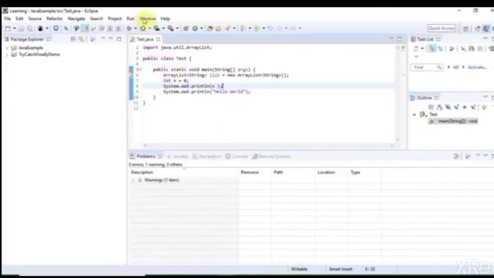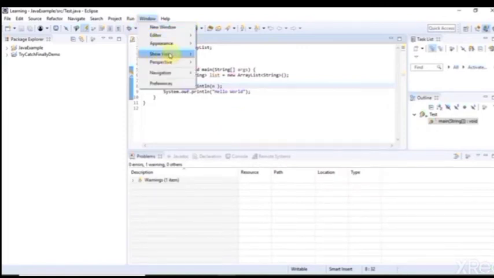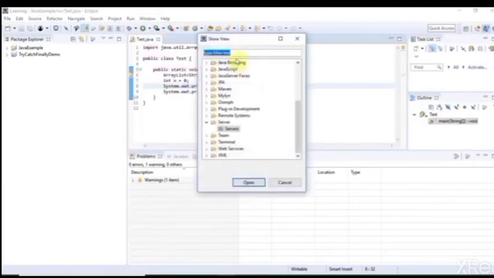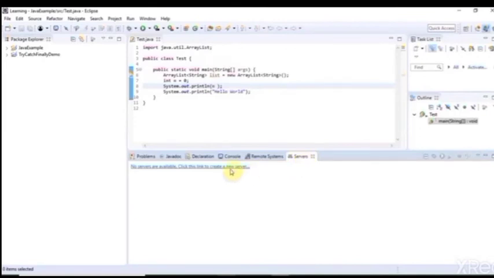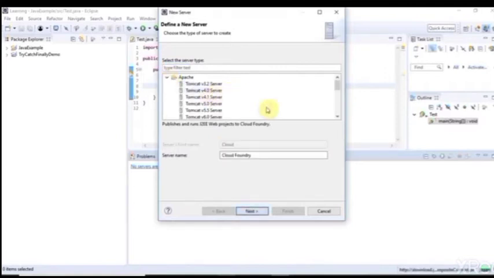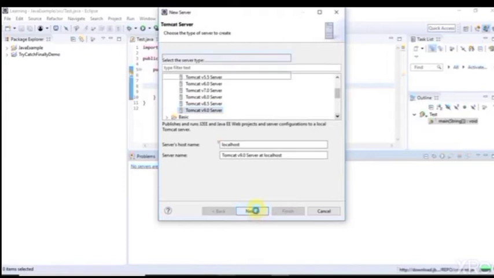Just go to Window, Show View, and Others. Click here to add the Apache Tomcat version. Here add the server. Click on next. Select Apache Software Foundation and then select Apache Tomcat version 9.0 and click the next button.